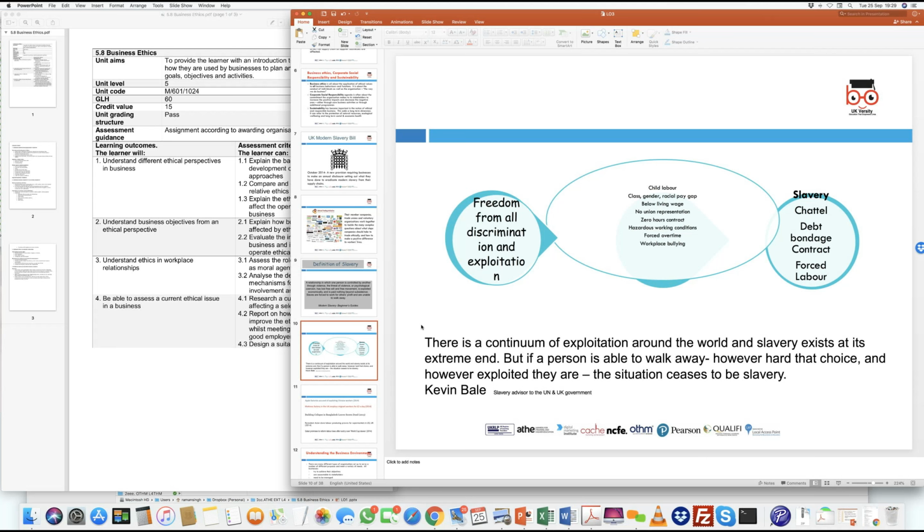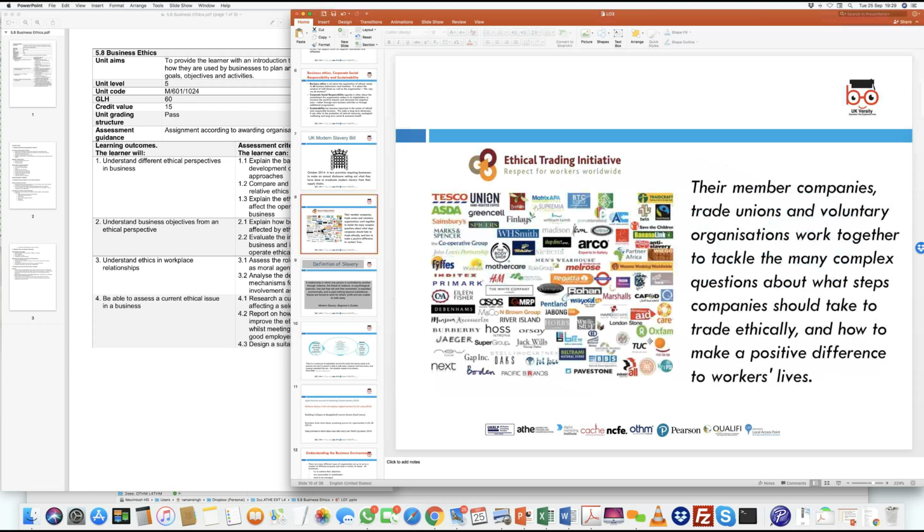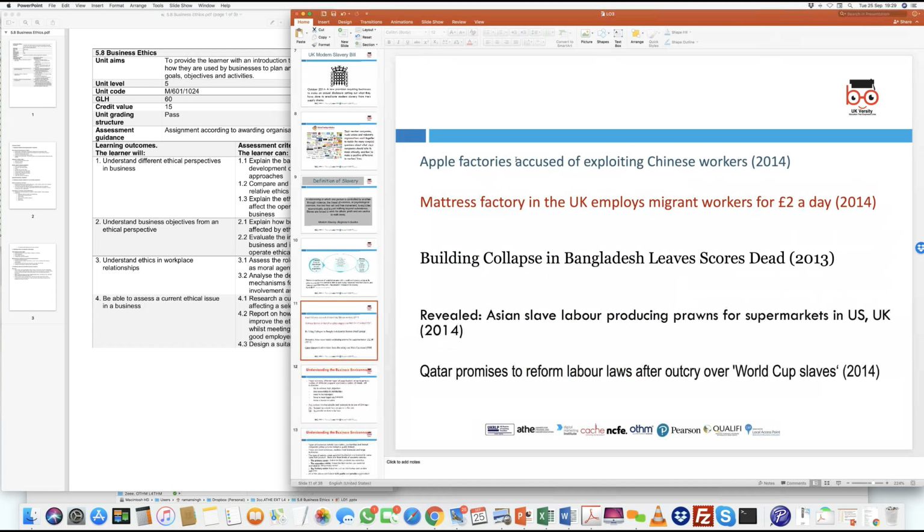So all this is now being checked and audited when a setup, a plant or a factory, is made, and there are people going in to ensure that this is complied with, because these companies have signed up with the Ethical Trading Initiative. Is that okay? Yeah. Some of the key things that we looked at,